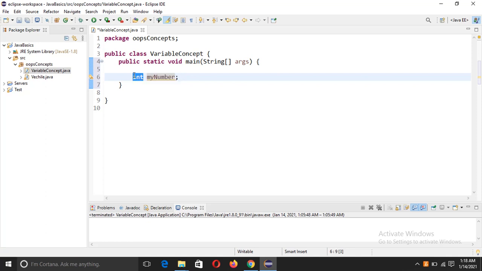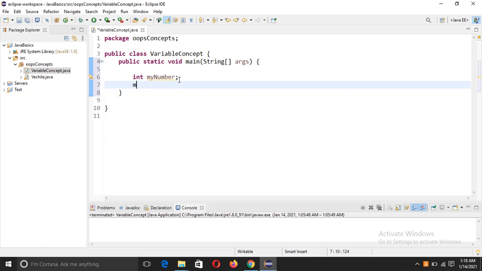int is a primitive data type. Basically in Java we have 8 primitive data types, using which you can store number values, the whole numbers. Let's store a number into it. I'm just going to type my number equal to 33.